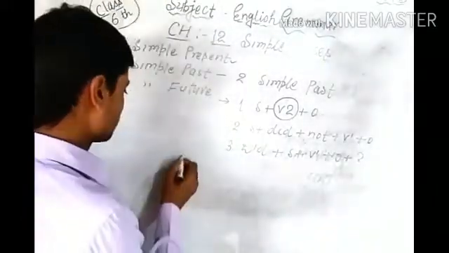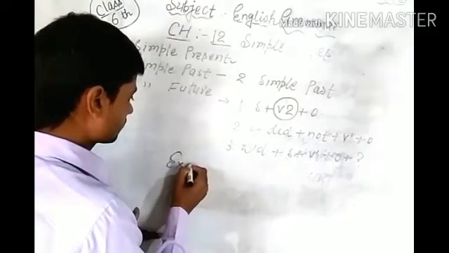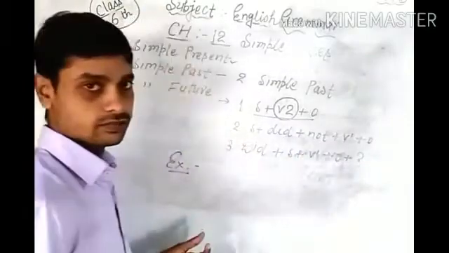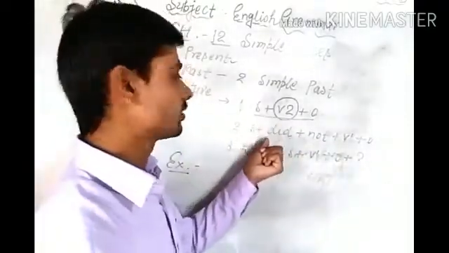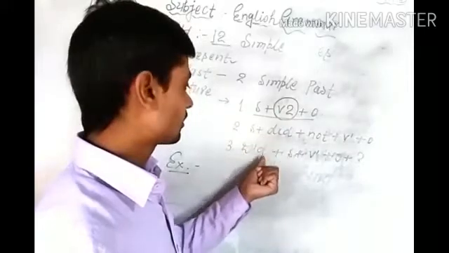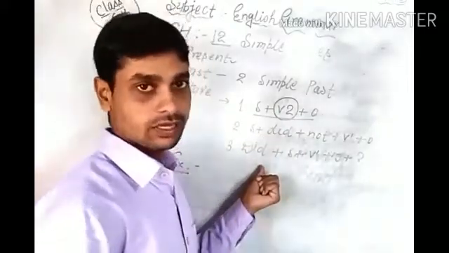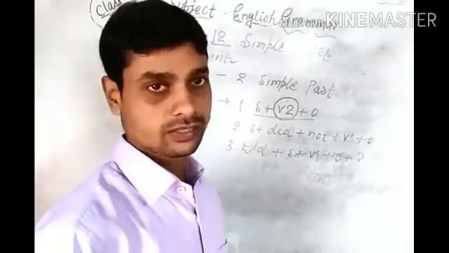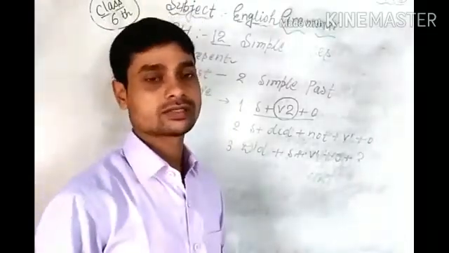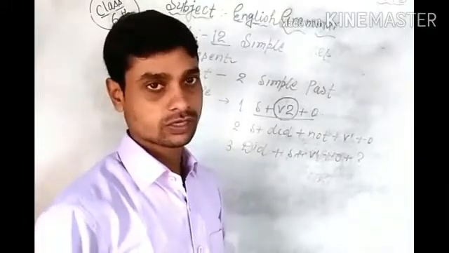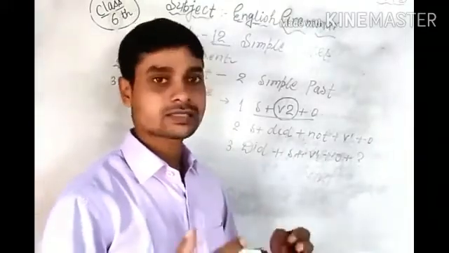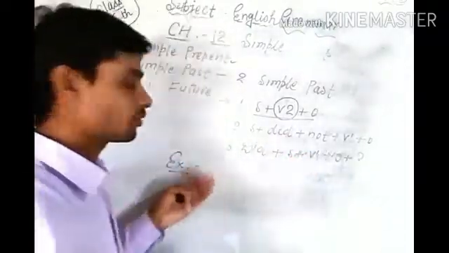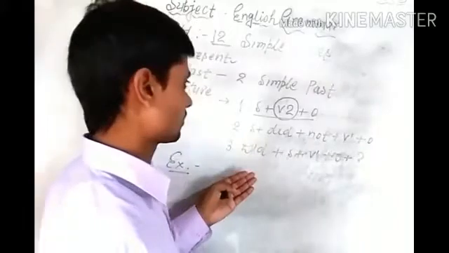Okay students, we can understand with an example. What is the structure of an affirmative sentence? The first sentence is called affirmative, the second is called negative, and the third is interrogative. We can also make a fourth structure, interrogative negative, and also WH sentences and WH negative. We can make six types of sentences on the basis of any tense. But we have to especially focus on three sentences.